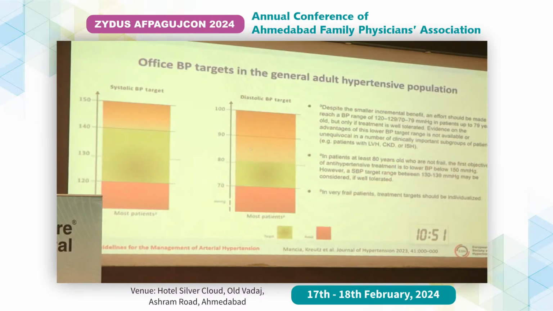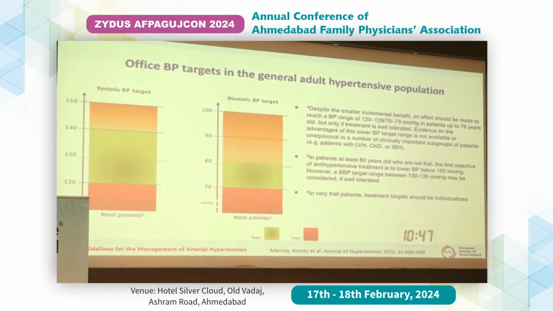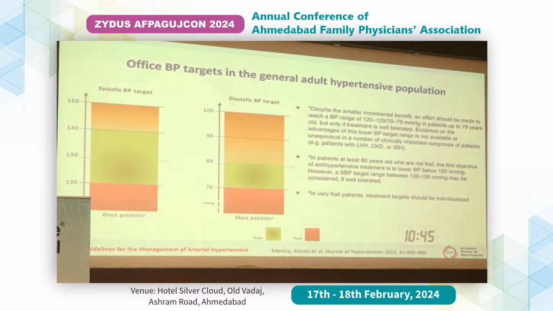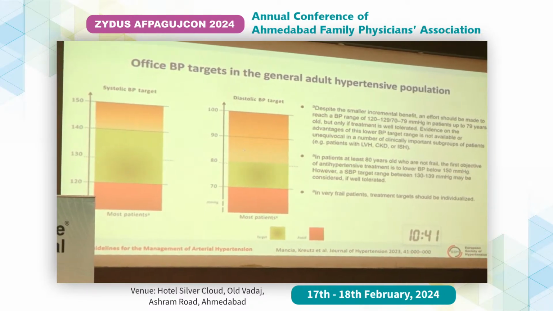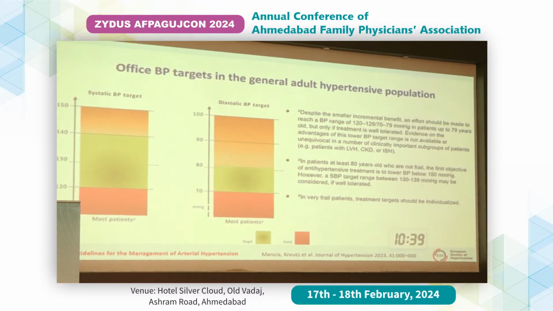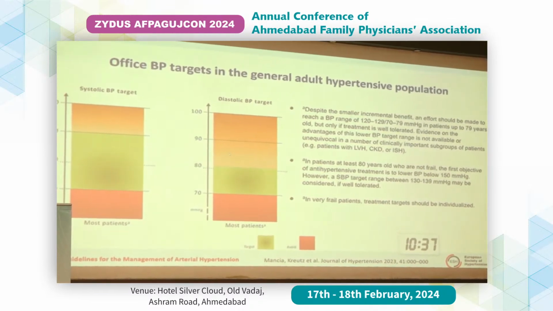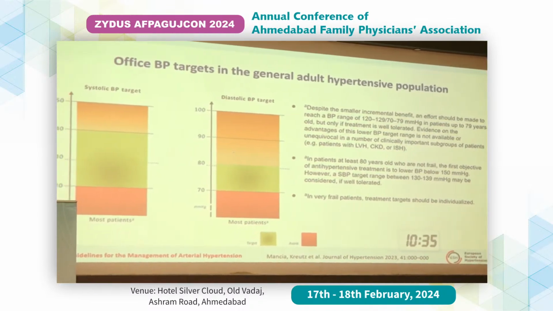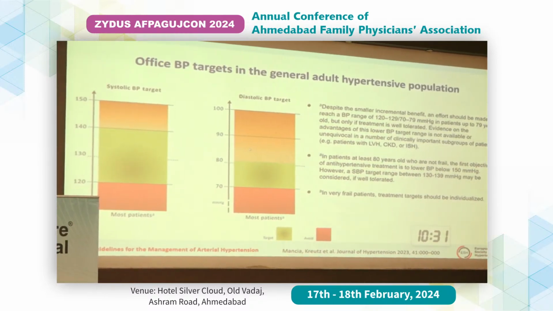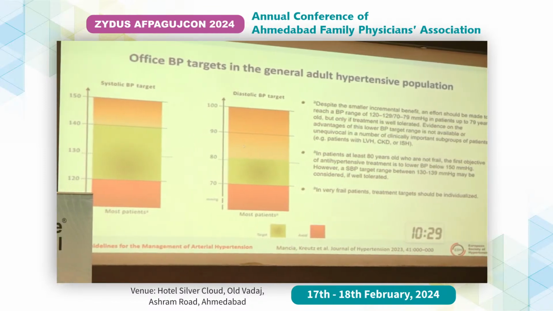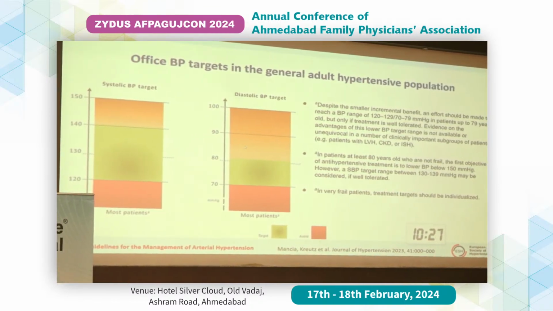for management of blood pressure related complications. And we need to have the target of office BP management of less than 130 and less than 80, which is most important to reduce LV dysfunction, CKD or ischemic stroke and all. And in very frail patients, we can target individualized patterns, and we can have it slightly higher also.